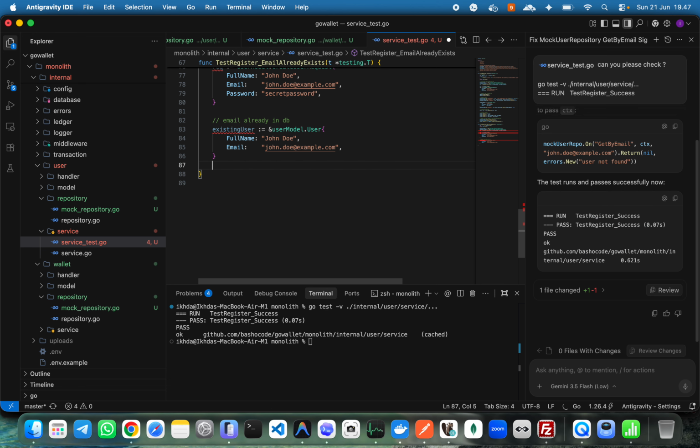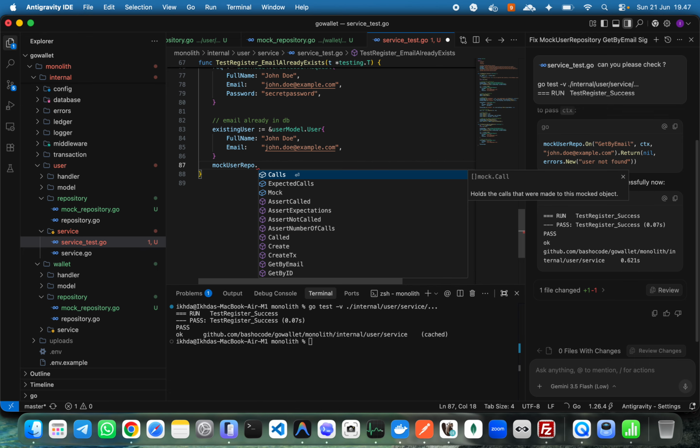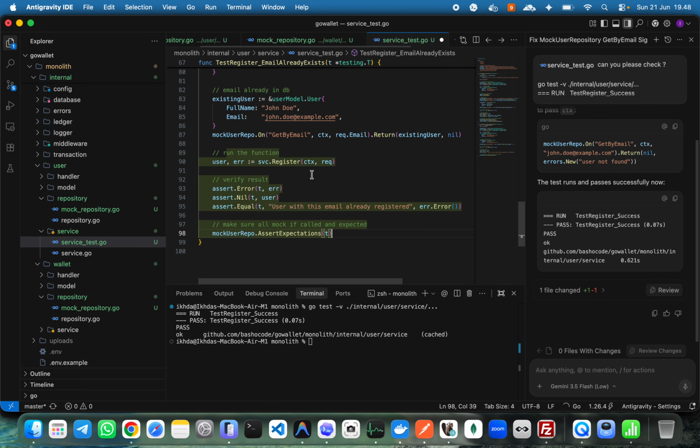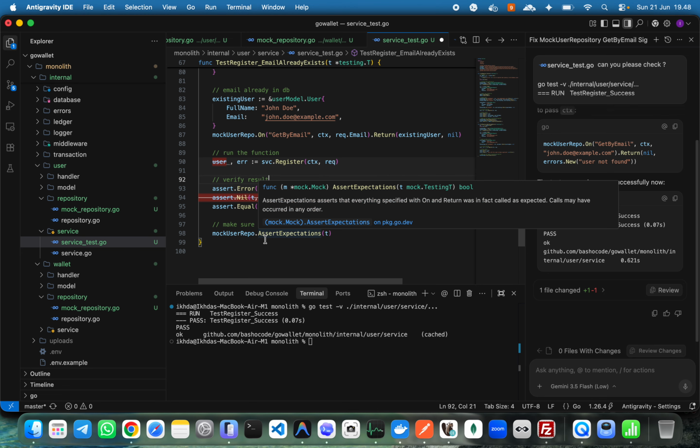It should be okay. Then we mock user repo dot on get by email, return existing user and nil, and then we run the function which is user service dot register and verify the result